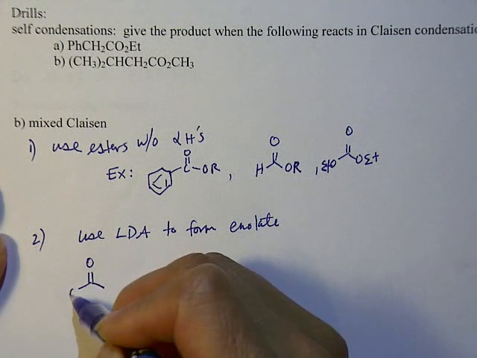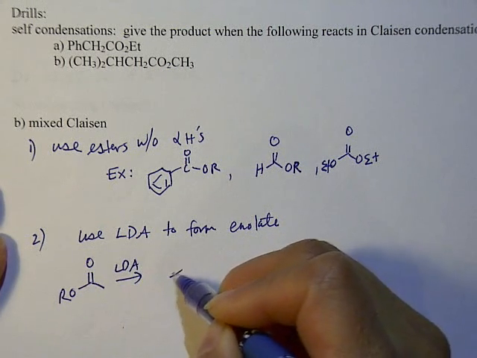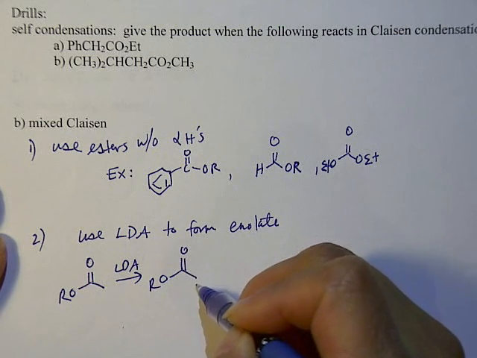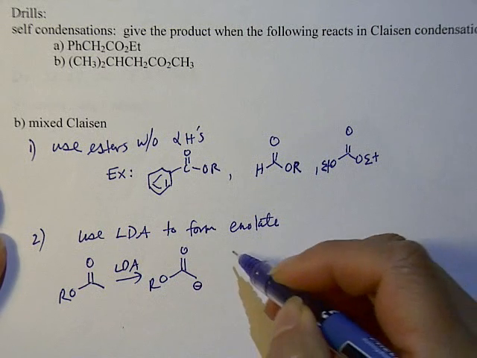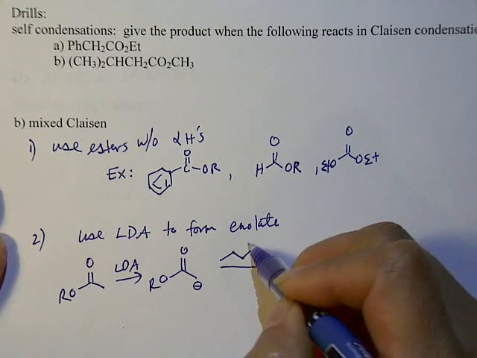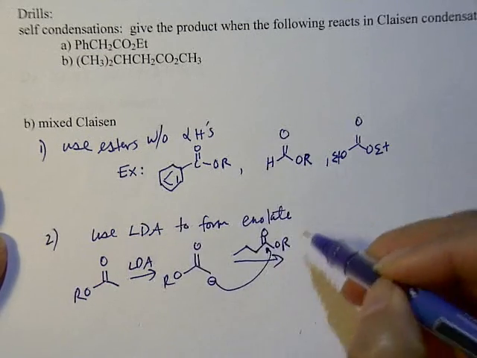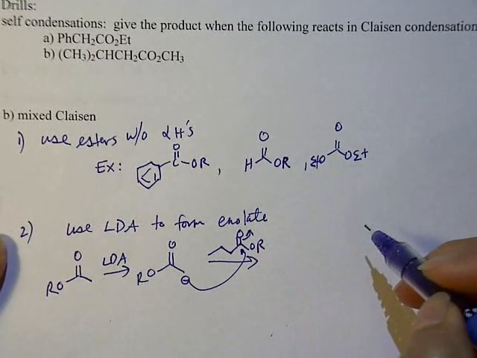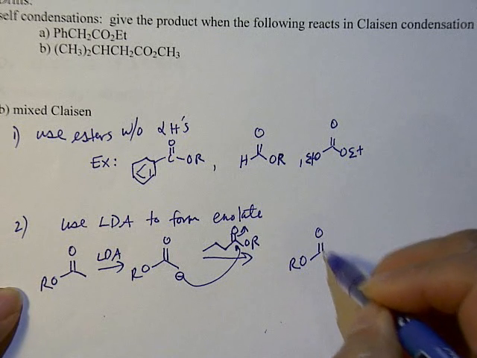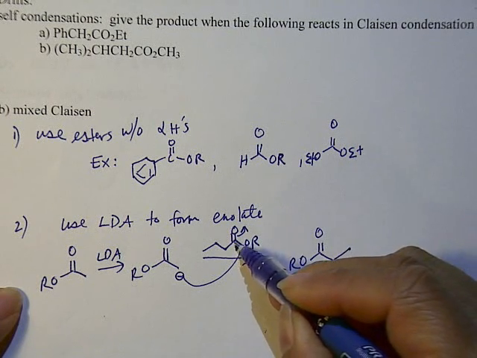So if you have one ester and then you treat it with LDA, you would have an enolate at this carbon, and then you could react with a different ester, and then you would form the crossed Claisen. So in this example, you would make a carbon-carbon bond between this carbon and this carbon,